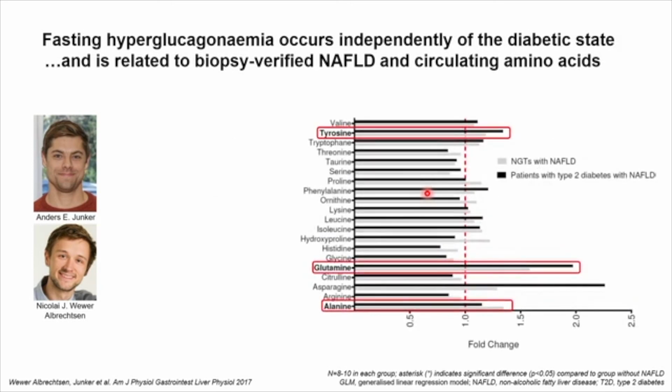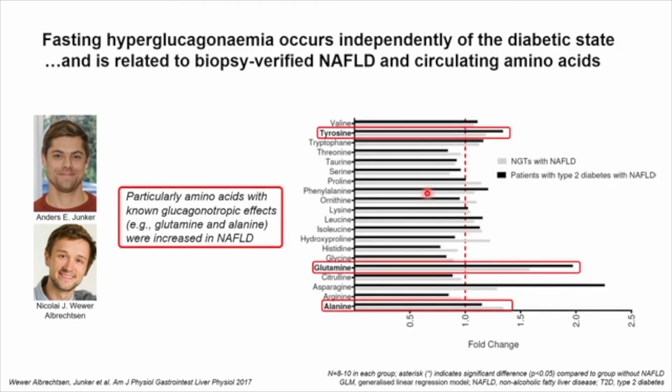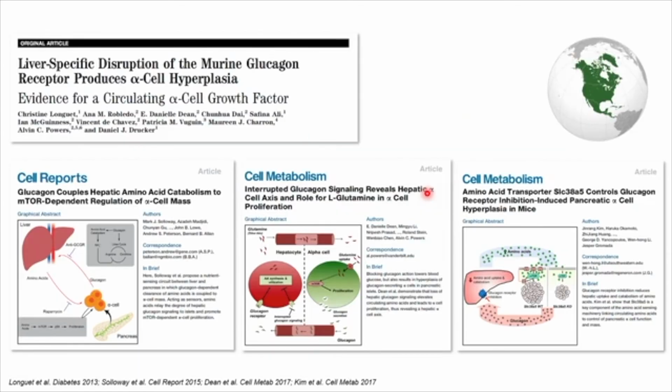And in fact, when we looked at the individual amino acid levels, we could see that these two amino acids, known for being glucagonotropic, were the ones that were particularly up, or highest in concentration, in the patients with NAFLD. And some of those data and other human data, combined with a lot of data from these four very important papers,